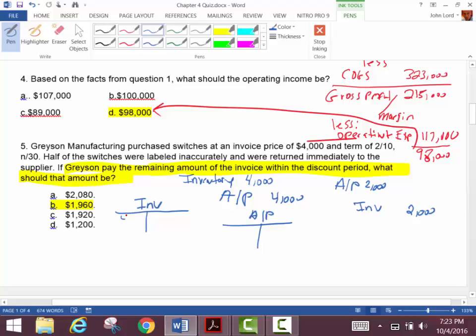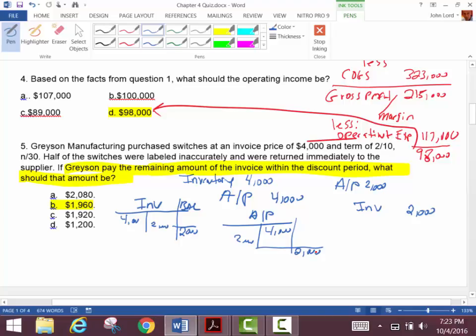So I started with what? A debit for 4,000. And then I credit it for 2,000. So the balance in here must be how much now? Balance must be 2,000. Good. Okay. And then what? Accounts payable, I credited it for 4,000, and then I debited it for 2,000. So the balance is also 2,000 here. With me so far? Okay.